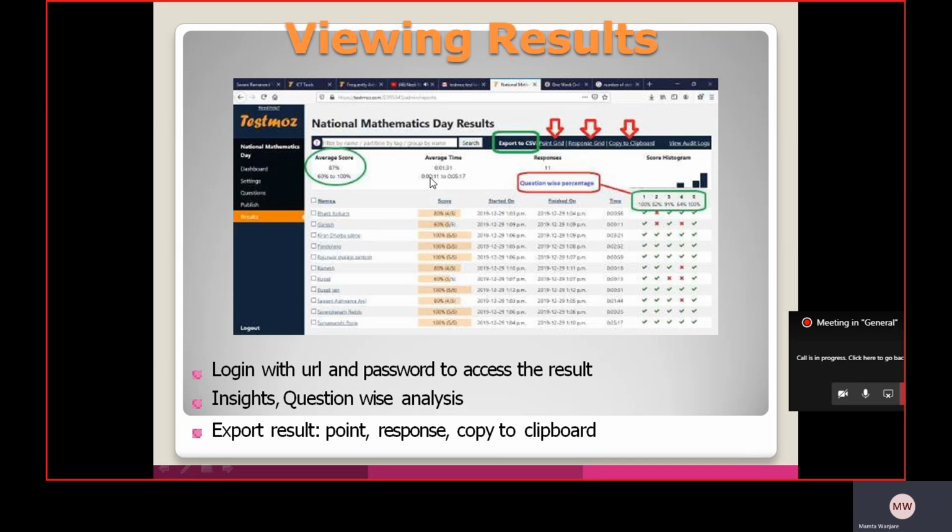If you want to view the result, the teacher can go from admin login. At that time, he must remember his password, which is case sensitive.